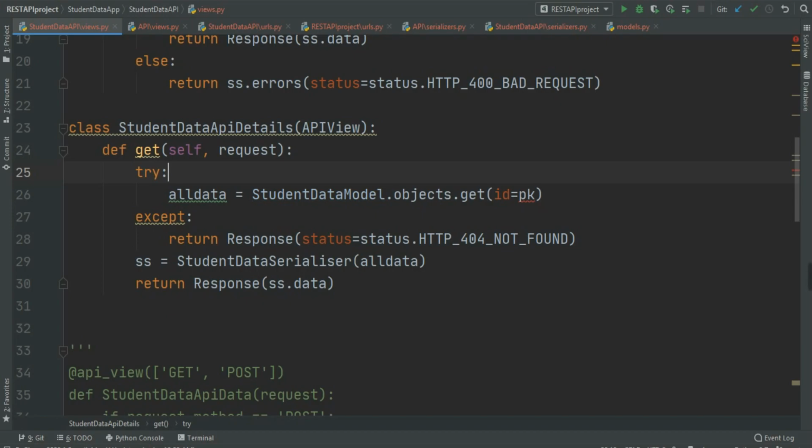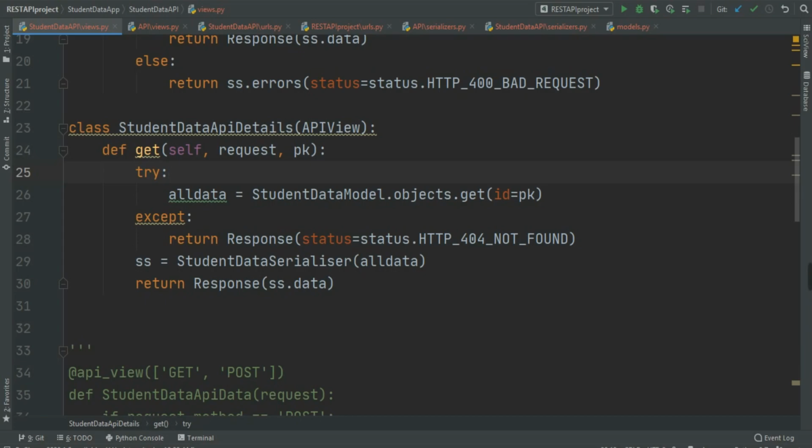Now remember, you need this pk, primary key, so you have to write this pk in the function, because we are fetching that particular ID. So def get self, request and pk, try, data equal to StudentDataModel.objects.get id equal to pk, except return Response status equal to status.HTTP_400 for not found, ss equal